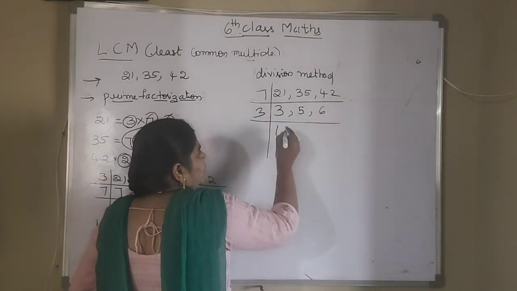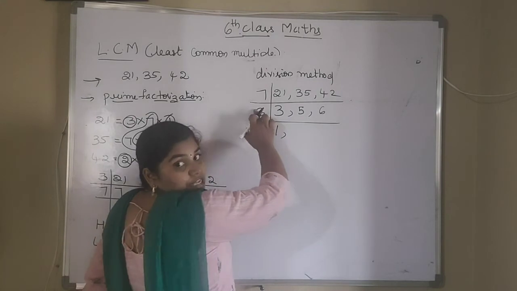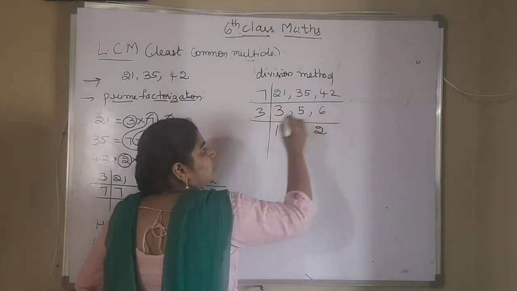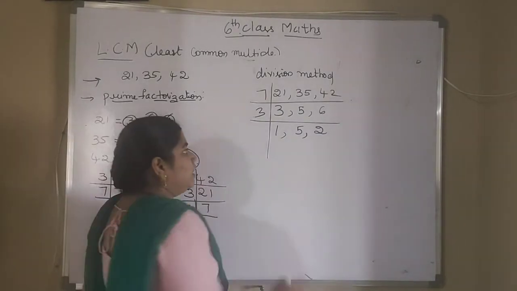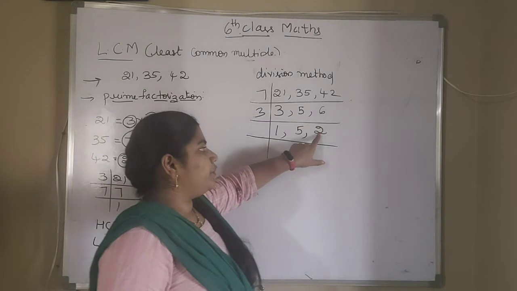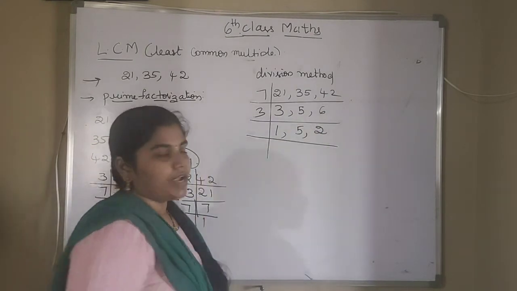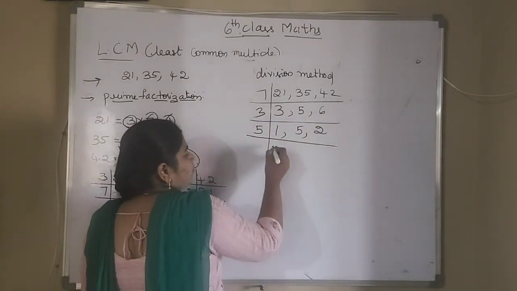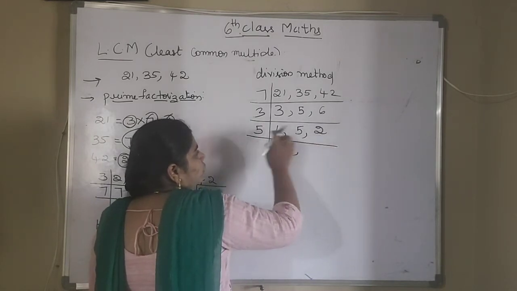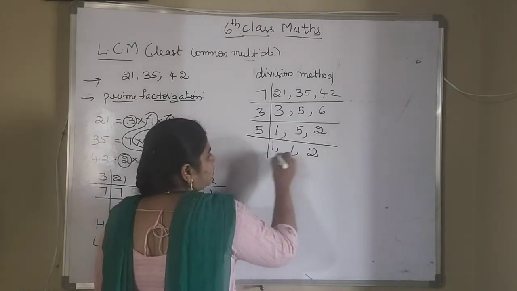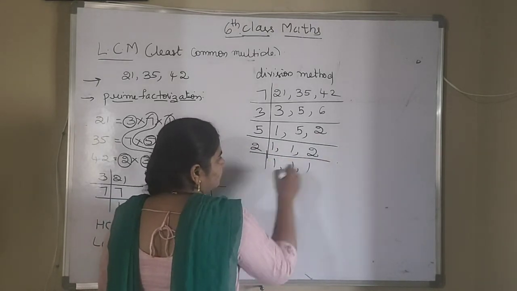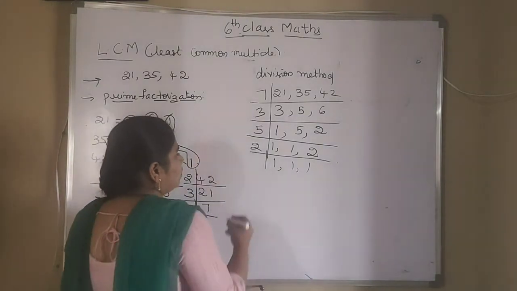3 1s are 3, 5 will not go in the 3 table, so we will write this 5 as it is. Now 3 2s are 6. Now can you take any common multiple here? No. 5 will not go in the 2 table, 2 will not go in the 5 table. Just take individually now. 1 write as it is, 5 1s are 5. 2 will not go into the 5 table, so write this 2 as it is. Now with the 2 table, okay, now you multiply all the numbers.